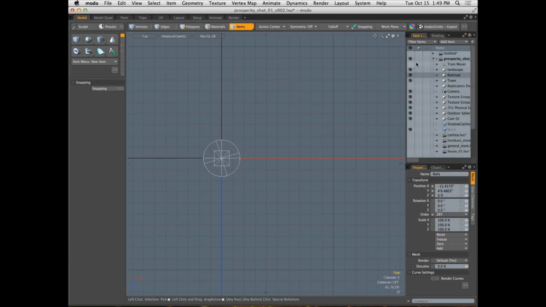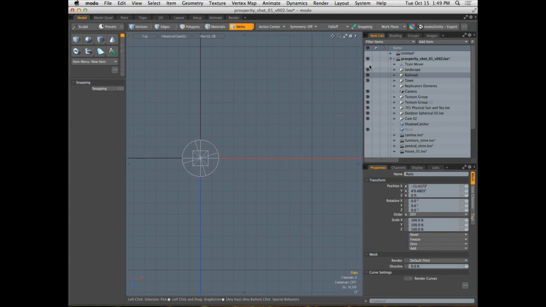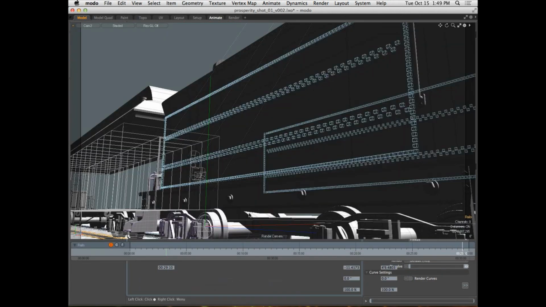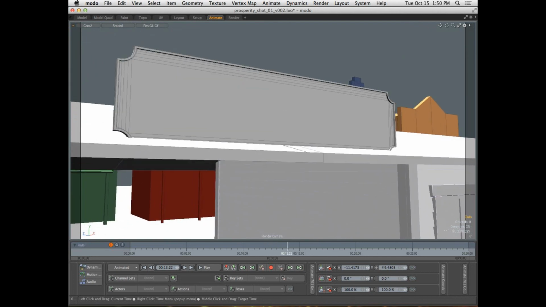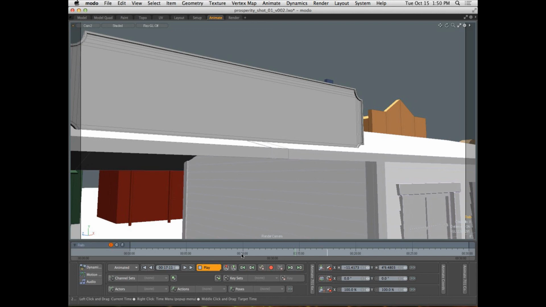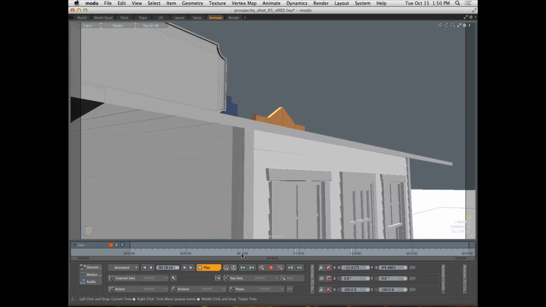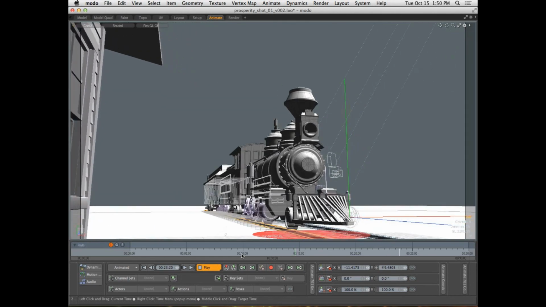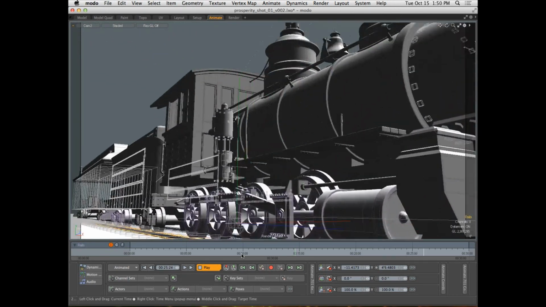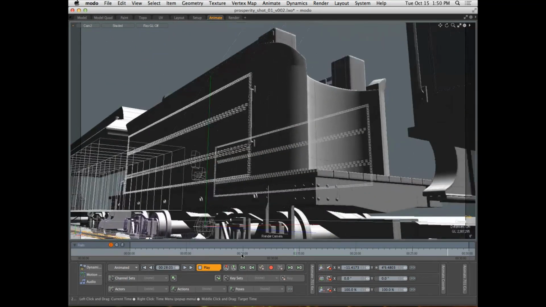For whatever reason, my train didn't turn on. It's kind of cool when you see the train in there with the final shot. It's pretty neat. Yeah, the train's coming into the station for the first shot of the short film. There it is. It's going to be pretty great. It's going to be a great shot, and then it